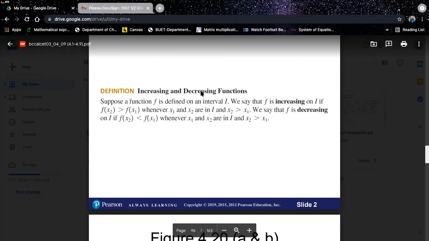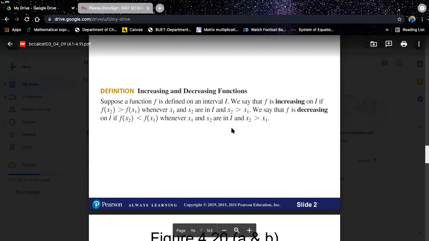If you pick x1 and x2, with x2 greater than x1, and the functional value at x2 is also greater than the functional value at x1, like this,